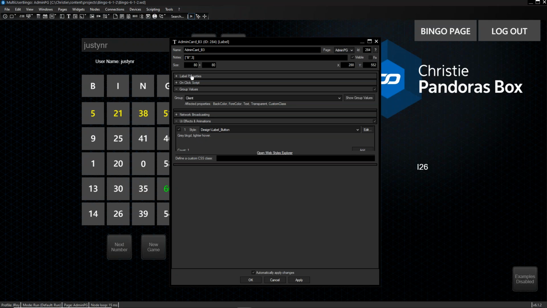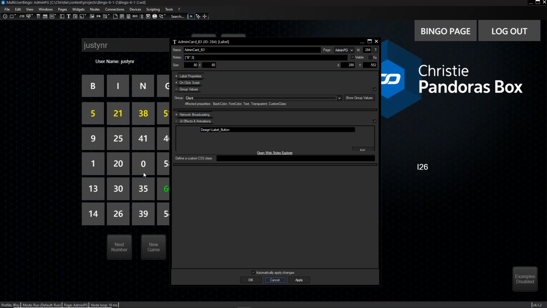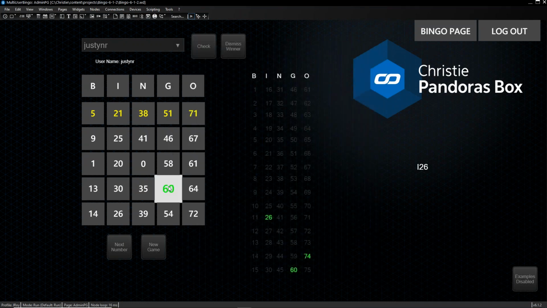So I've created in the group values, again, this option will pop up when you run Widget Designer Unlimited, excuse me, and you can assign a group to this. So I've assigned it to client, and that's great. So now it's assigned to client. So if I create